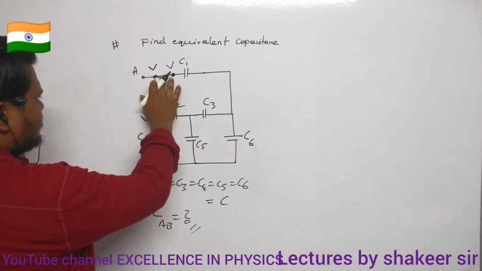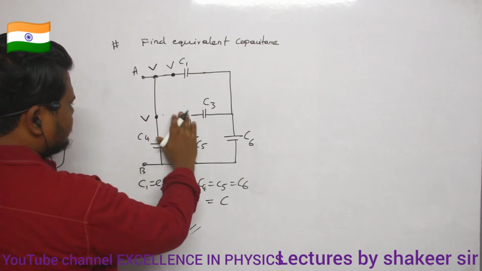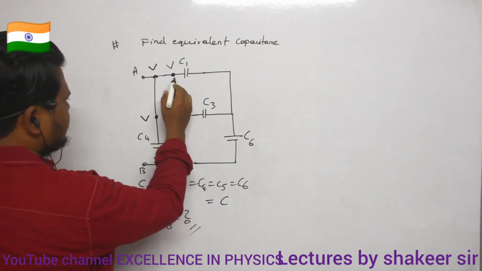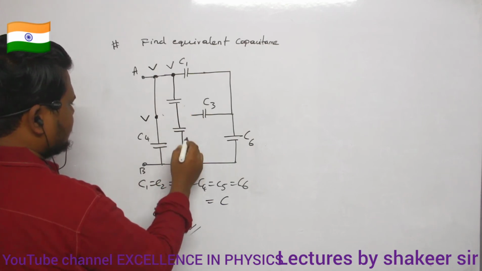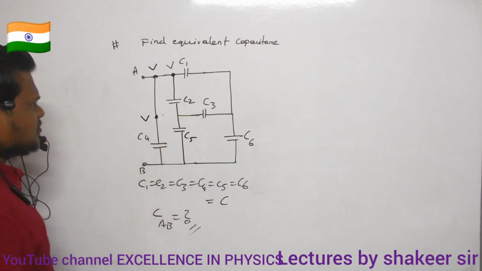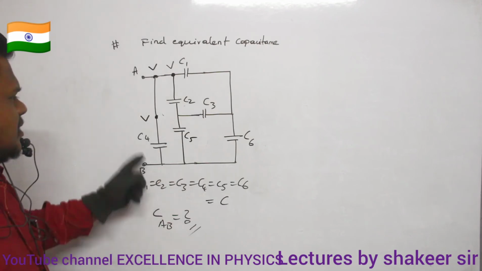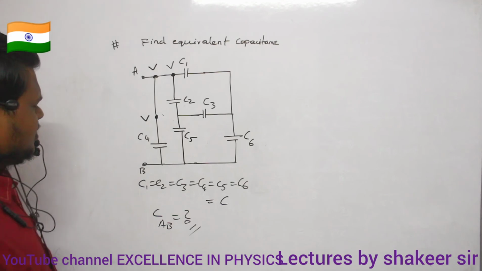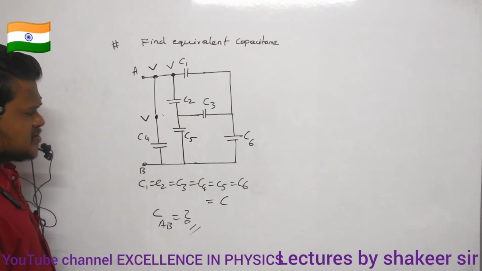So therefore, what I can do is, clear? So C2 and C5. So therefore, this circuit I will try to redraw like this. Clear? So this is one capacitor and this is another capacitor. Clear? So what are the previous capacitors? C2 and C5, C2 and C5 only. So I have connected my capacitances like this. Clear? Now, if I have connected them like this, do you see any Wheatstone bridge here? What are the Wheatstone bridges? Can you say?